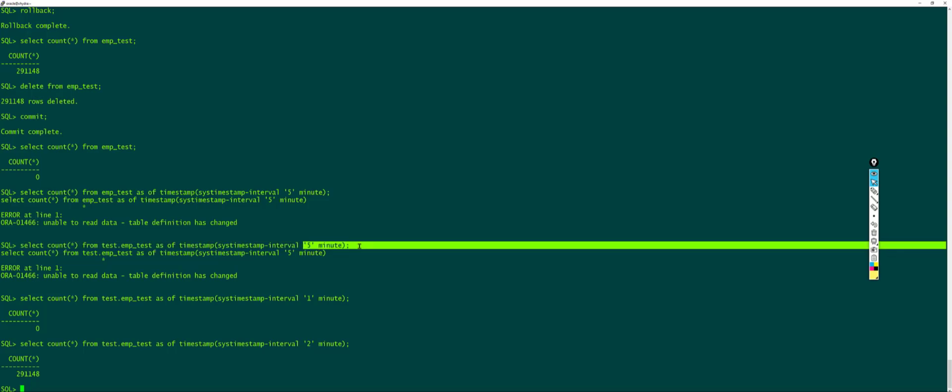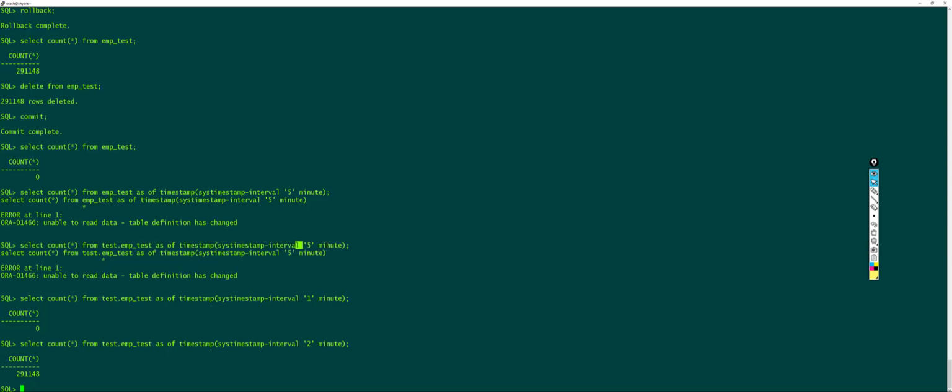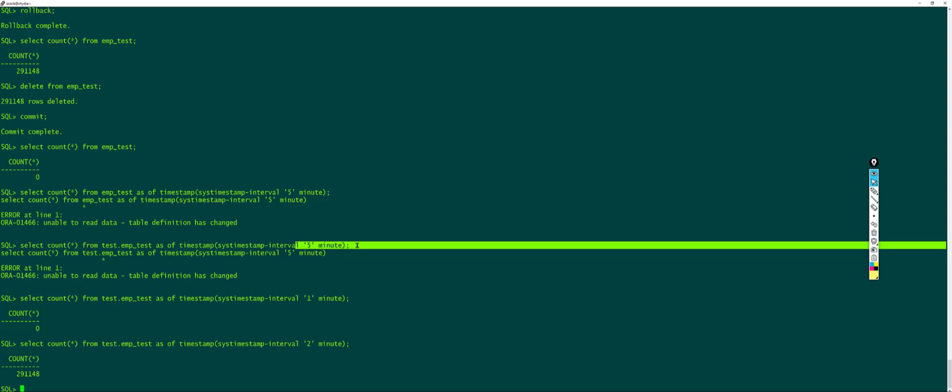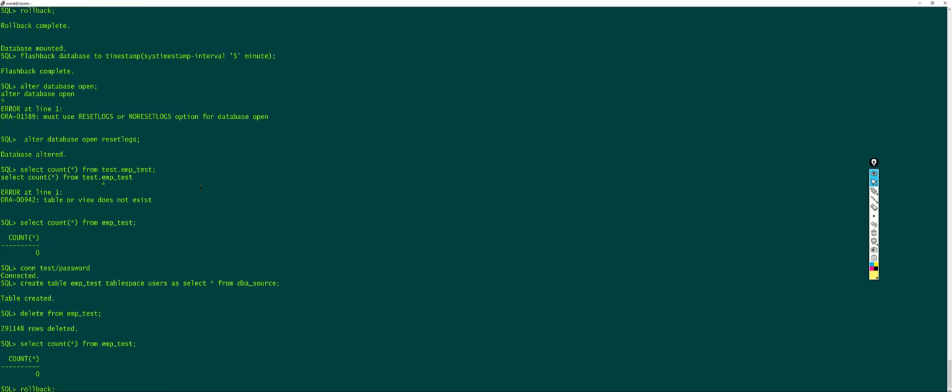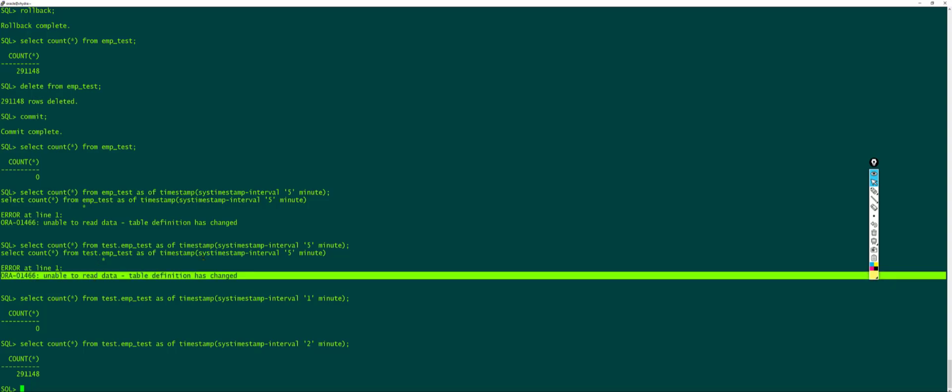So you should be careful whenever you are specifying the interval. If I say timestamp minus interval 5 minutes, it will go and check whatever changes happened before the 5 minutes. During that time I truncated the whole table, so obviously I get this output. I cannot recover the data when I truncate because the whole table definition would be changed,